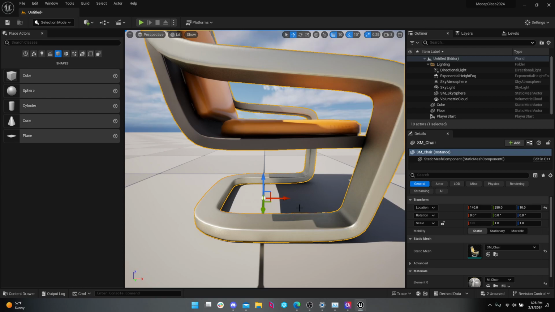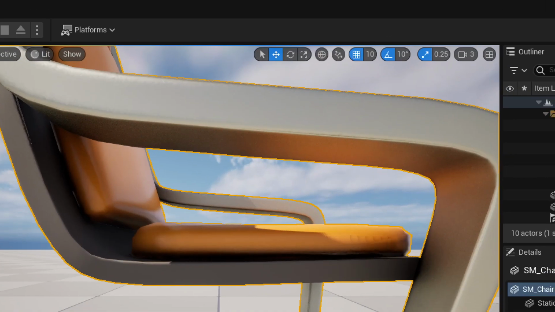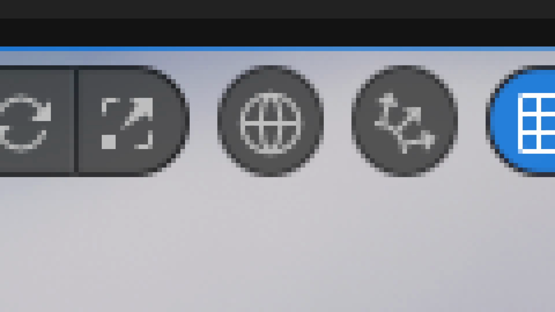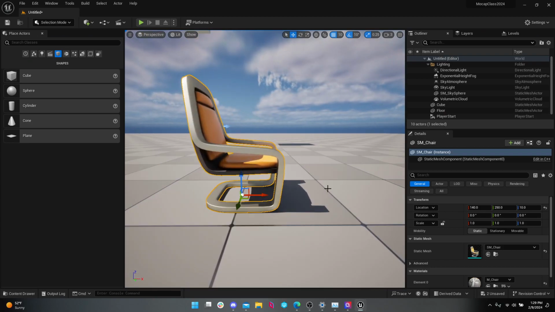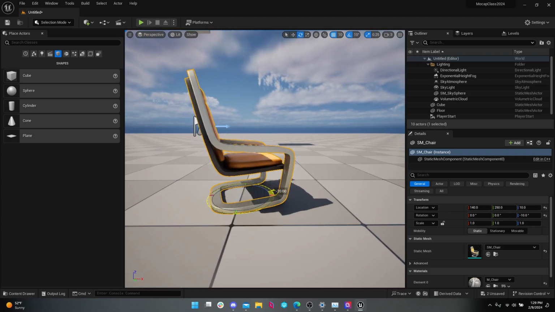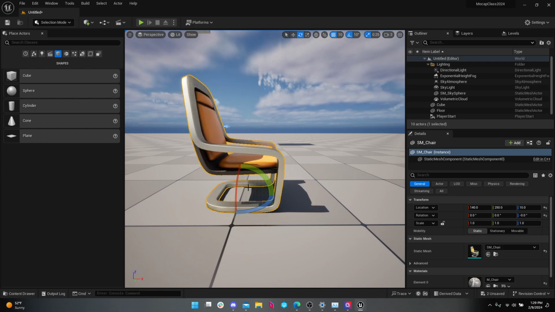So say you made this chair in Maya or something like that, which by default is positive Y up instead of positive Z up. So if I clicked on the orientation for local space versus world space, I can alternate between those two orientations. It's kind of abstract until you actually see it. And I was trying to show with an example, but it's the same in my starter content right now.